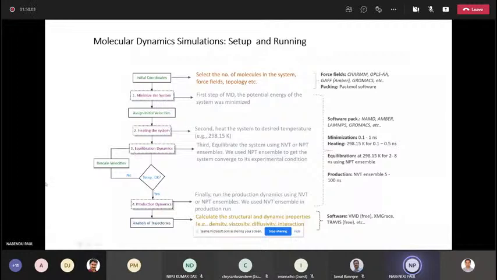After that, we go to the production step, where we run the system for 5 to 100 nanoseconds. In our case we are using the NVT ensemble in the production run. After that we get the trajectories and analyze them in VMD or TRAVIS software to get dynamic and structural properties like diffusivity, interaction energy, hydrogen bonding, and so on. So moving on,